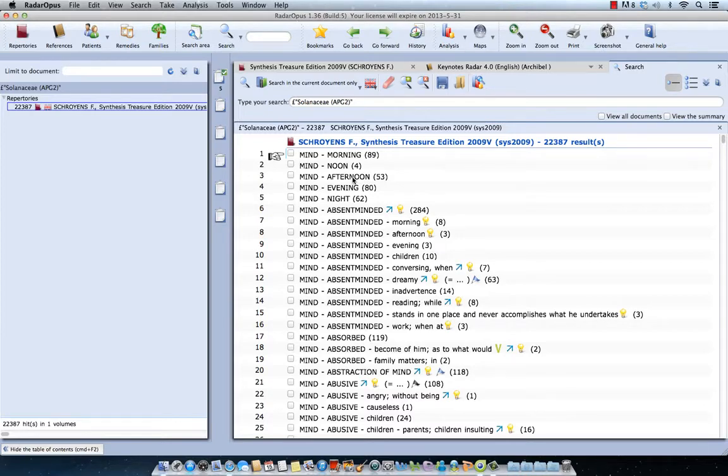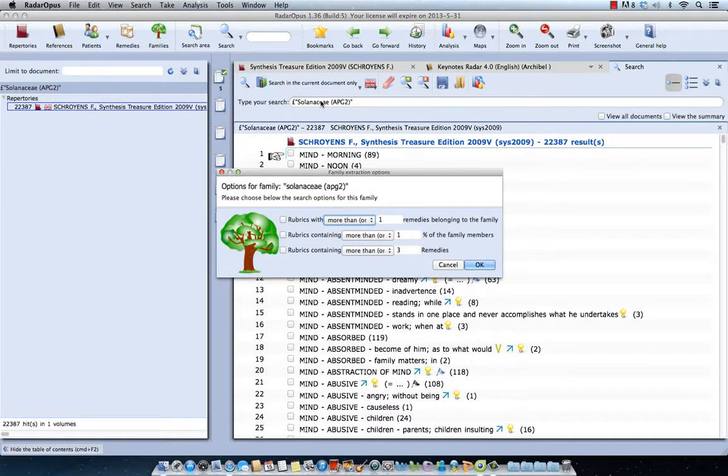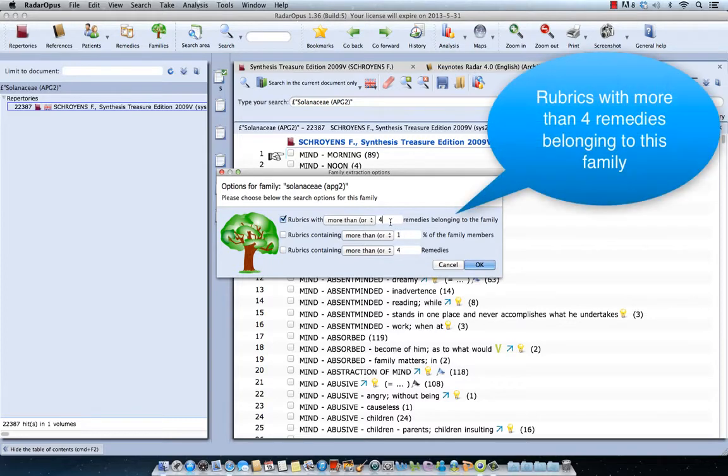Now if I want to specify this some more, I can do a right mouse click, or on Mac a secondary click, and select, for example, let's say I want all rubrics with at least 4 Solanacea. Sorry, this is the wrong one. This is the rubric size. No, I want this one. Rubrics with more than 4. So I select here rubrics with more than 4 remedies, and